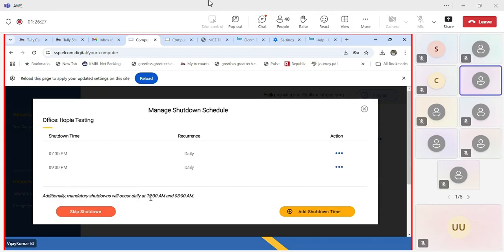12:30 को एक बार रात में, और 3 बजे। ठीक है। इधर एक ऑप्शन है स्किप शटडाउन करके, you can skip this shutdown for 48 hours. 2 दिन तक आपको कुछ कंटिन्यूस काम है, बीच में शटडाउन नहीं होना है, तो इधर आके आप you can skip the shutdown. ठीक है सर, थैंक यू जी।